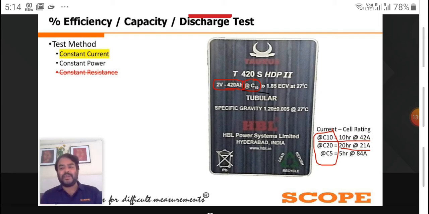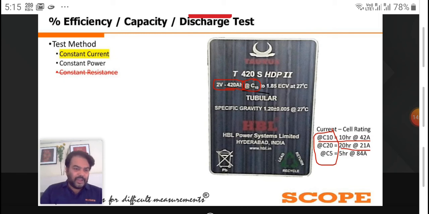As we have seen in this battery, the specific example here in the display, though it is a 2-volt battery, they have mentioned 1.85 volt ECV. So it is for this specific manufacturer. They have gone only 7.5% lower than the standard rated volt. So it is much less as per the standard, but once they have mentioned the ECV as 1.85, it is 1.85. We have to maintain that. We must not go beyond that.